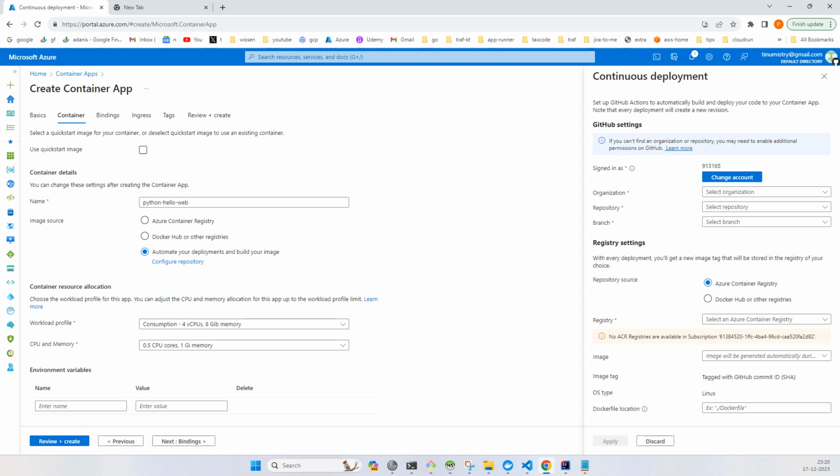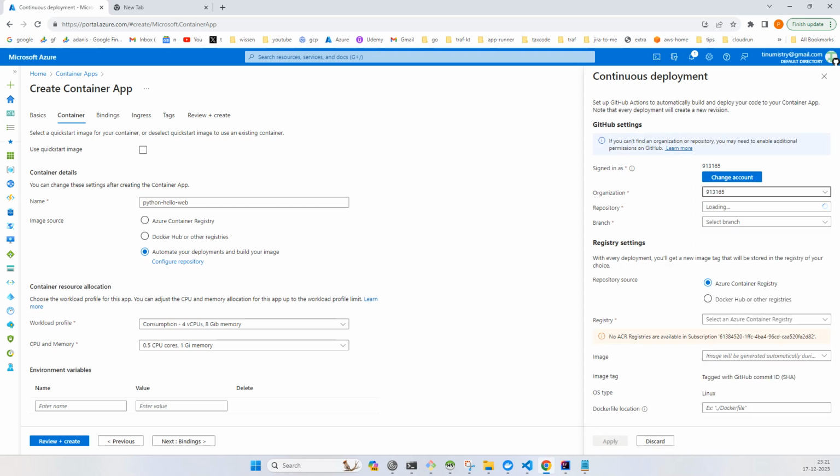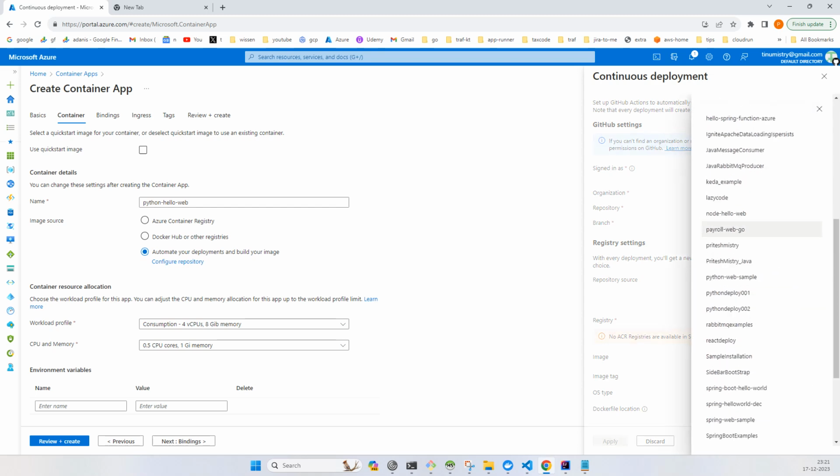Here you just have to log in to your GitHub account. We are using GitHub, and I'm already logged in, so I just select the organization and select the repository. I'll go with the Python web sample,